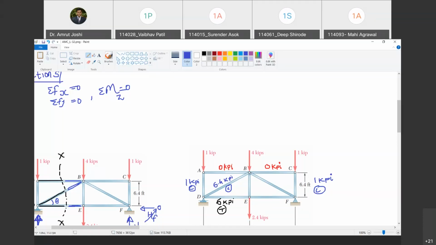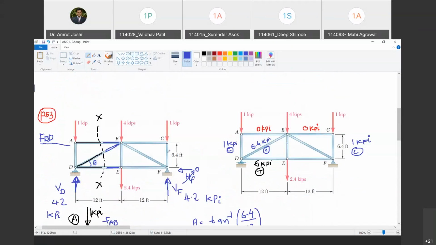So in that case, at joint B, we will have three unknowns: force in member BD, BE, and BF. Therefore, we cannot start with joint B. Can we start with joint D? Yes, sir, because there we have only two unknowns. कौन सा है? Force in member DB and force in member DE. Mind you, these values which I have written are from method of section, and we are starting afresh. So these forces are unknowns. Force in member AD is already known. Happy? Yes, sir.